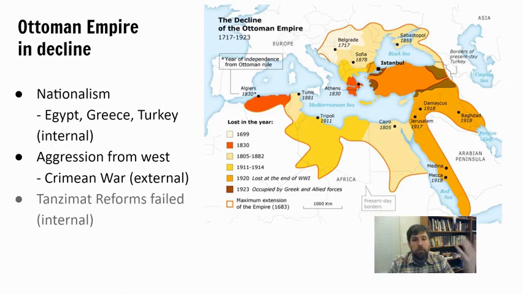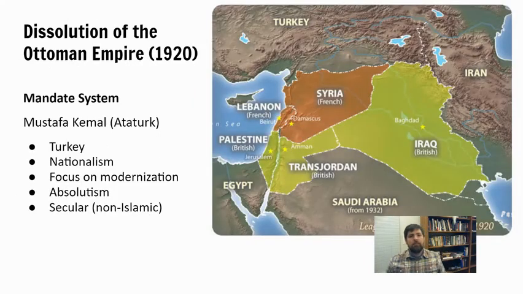So the Ottomans recognize that they're having a hard time, in part because they have not industrialized or modernized. And so they began something called the Tanzimat reforms in an attempt to modernize. Without going into all the details of that, they failed, and they were unable to modernize and successfully industrialize the Ottoman Empire. So that leads us to World War I.